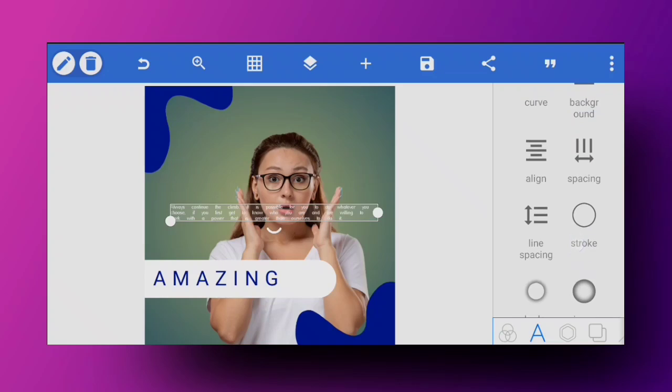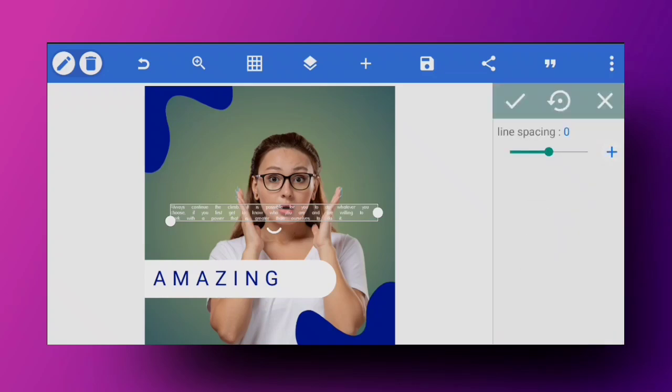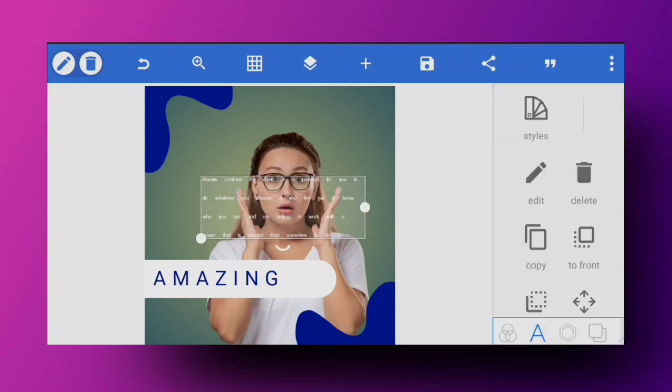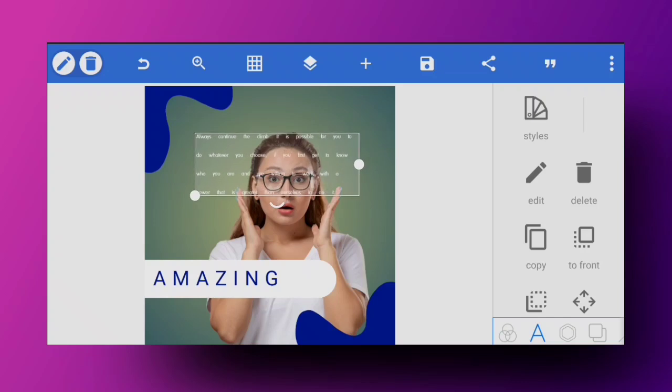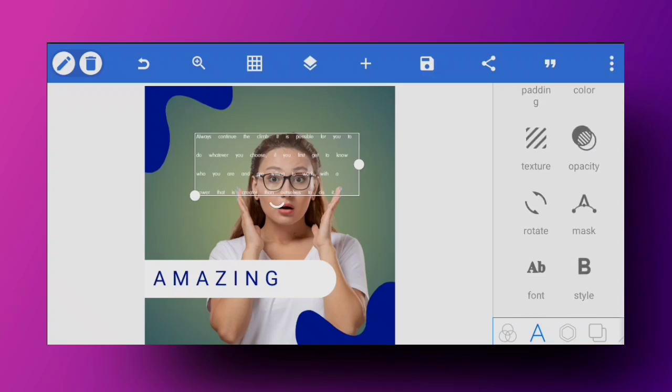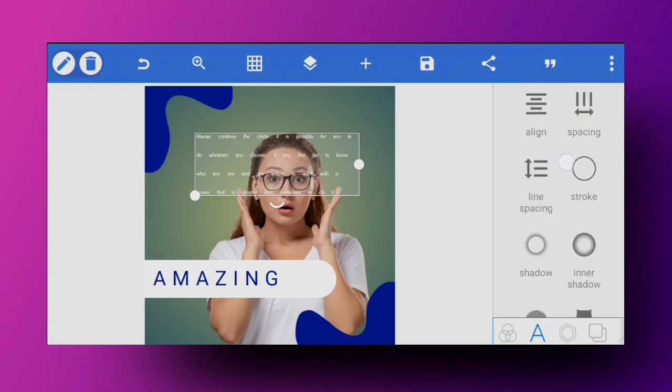Moving on, we've got the line spacing as well. If you've got a bunch of text right here, these functions can be useful when you have a lot of words in your text. As you can see, we can control the space in between the lines of your text, and that really comes in handy. I have used that function in my designs. Now that looks completely different from what it used to look like, and that is made possible with the functions that we have right here in this area.